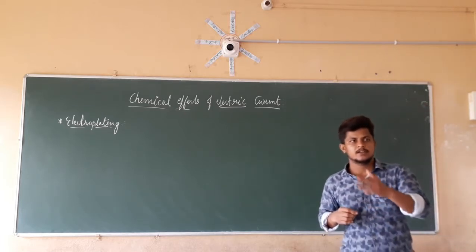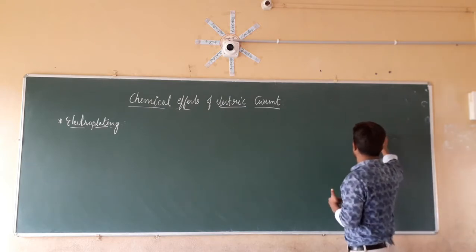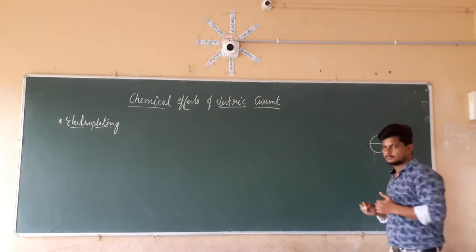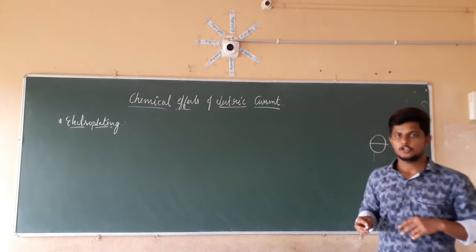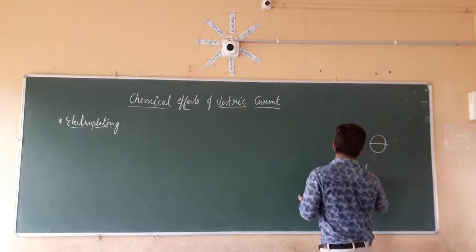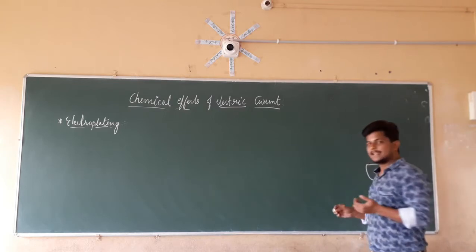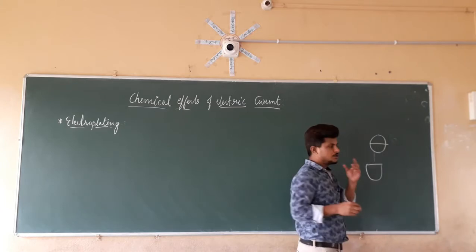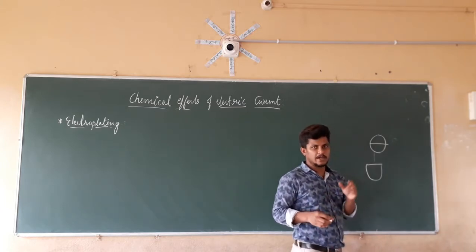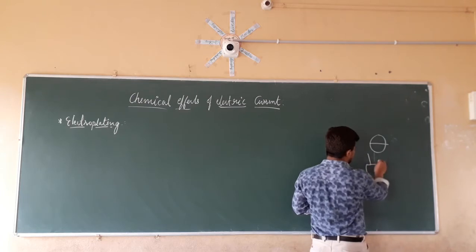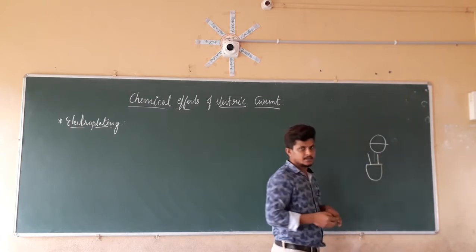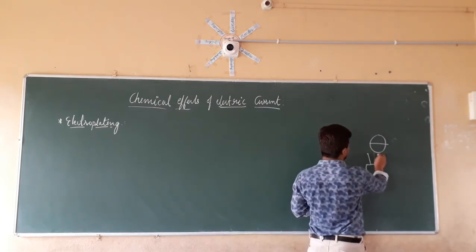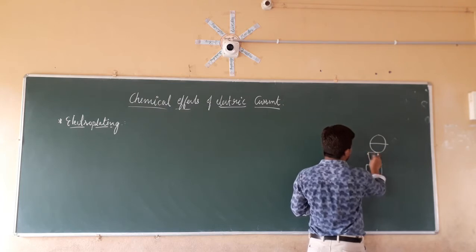So what are those points? For that, we are going to take a potato and cut it exactly in half, making two parts. Taking a single part of that potato, we use a cell or battery, and on both terminals we connect a copper wire. That copper wire is connected to this piece of the potato, and the other ends are connected to the terminals of the battery.